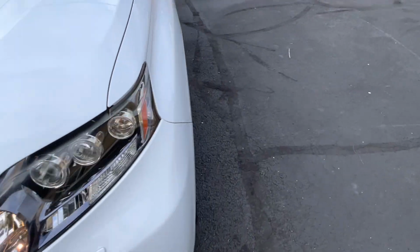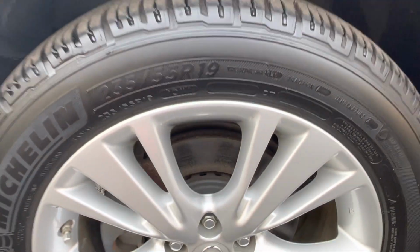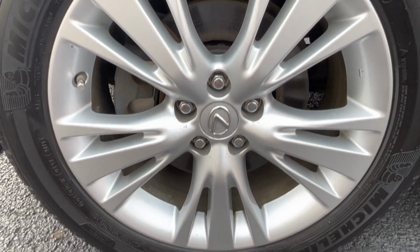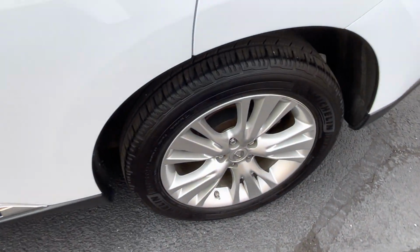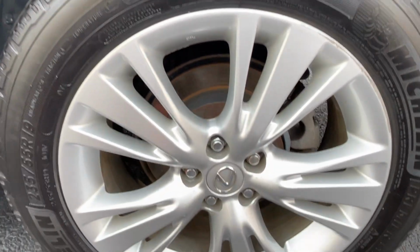So brakes and tires, your normal consumables that you need to buy with regularity. These are basically almost new in both departments, so you definitely won't need any brakes or tires for a good long while on this. That wheel, I didn't see any scuff marks on it. And then this one here, finally,